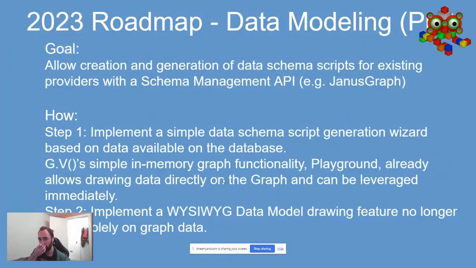Now, the third one that I want to talk about today is to start giving features on G.V to do data modeling. Now,